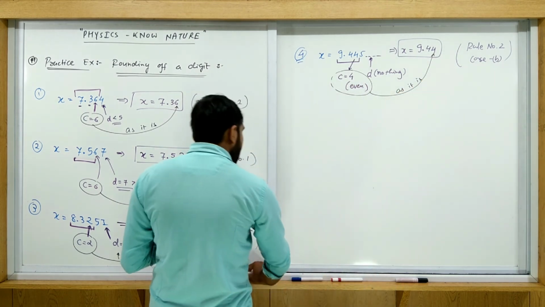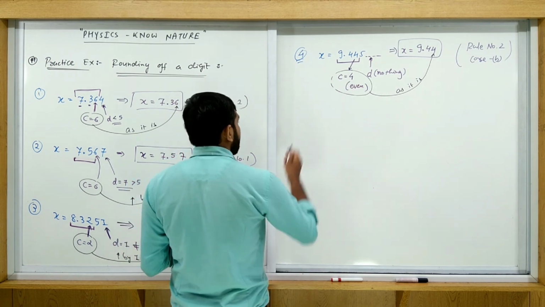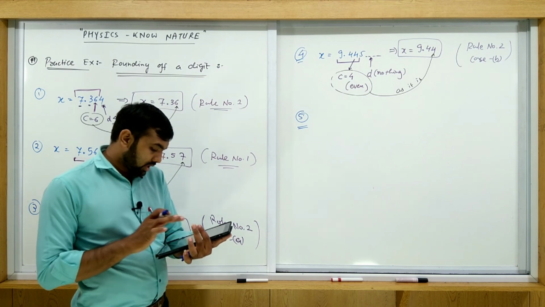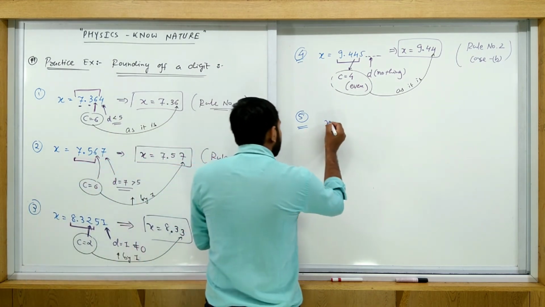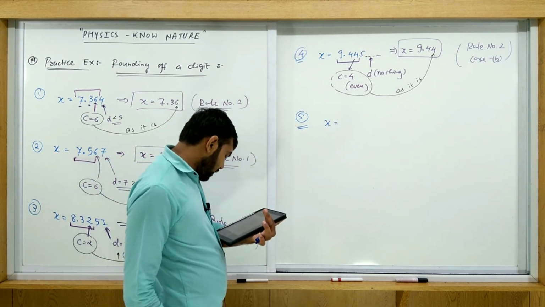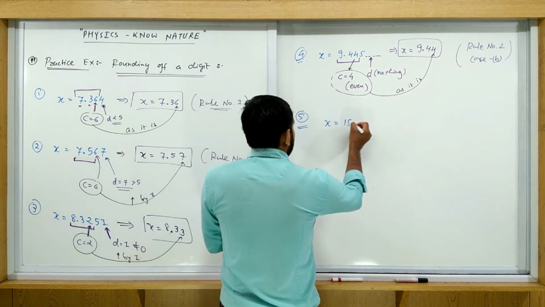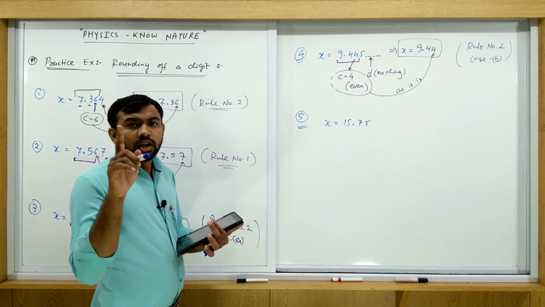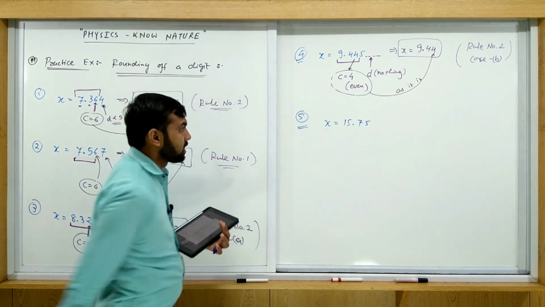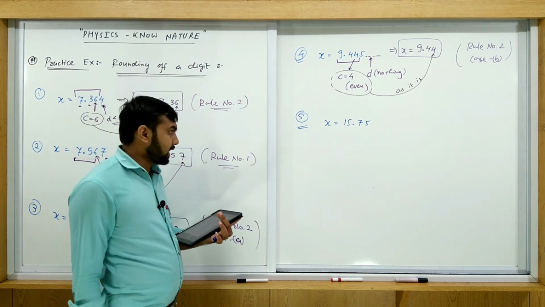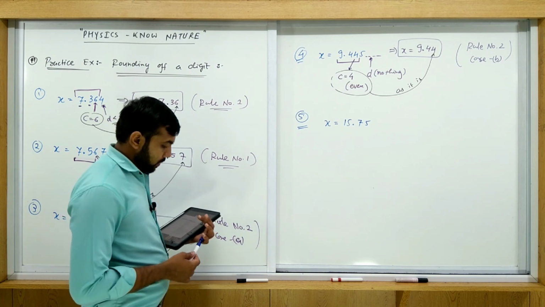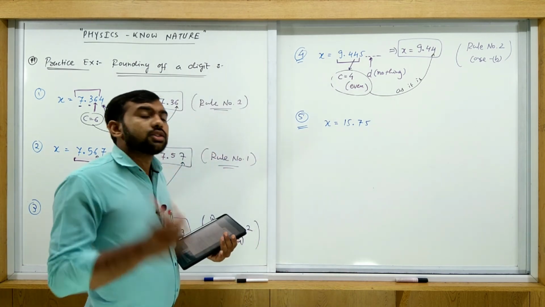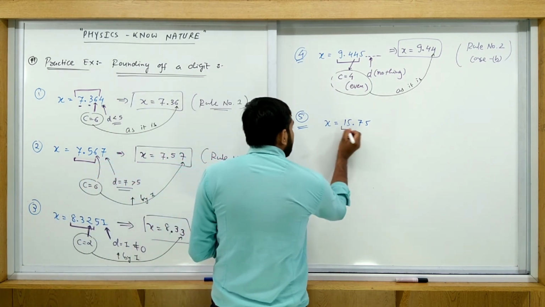Write down the next example, compare your answer again. Okay, now write the next example, example number 5, and again try to solve this one by yourself. Suppose X is equal to 15.75. Pause your screen for 20 seconds and start your solution. Okay, we come to solve. We just solve this example. How many digits do we require? 3. So you just consider these 3 digits.